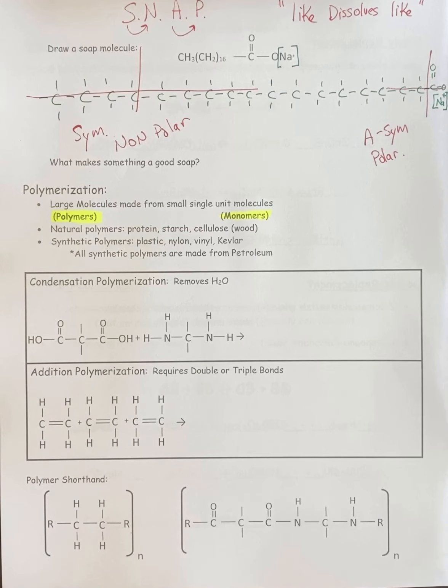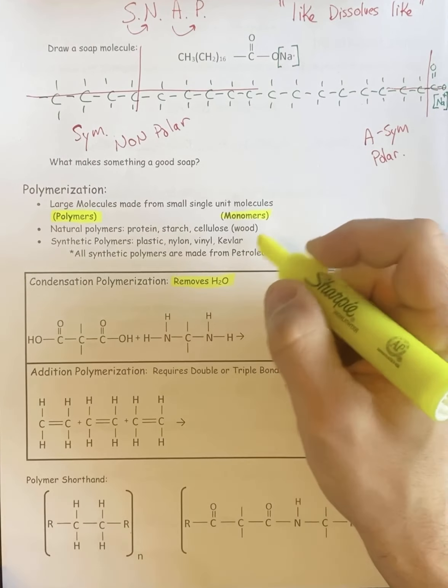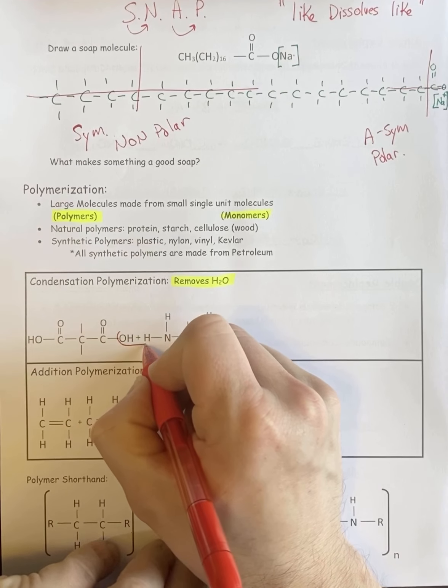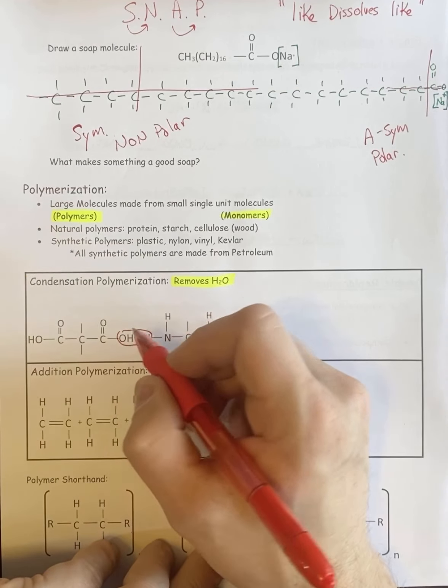Condensation, if you ever see it, like when you take a shower, the fog that builds up on the mirrors and the glass, that's called condensation, and that's water. So condensation polymerization is where we remove water. So just like the esterification reactions, we do the exact same thing. We take the H from one, in this case it's an N, we take the OH from the other end